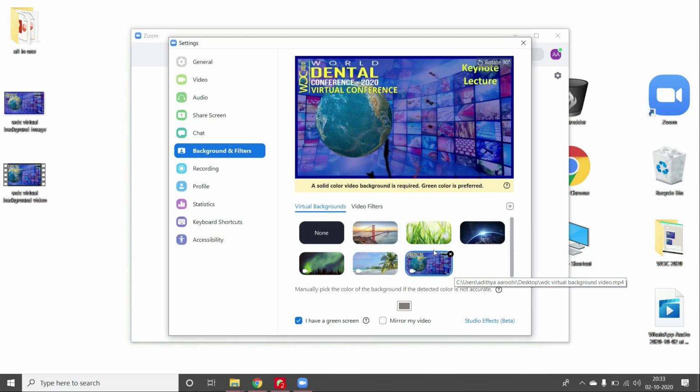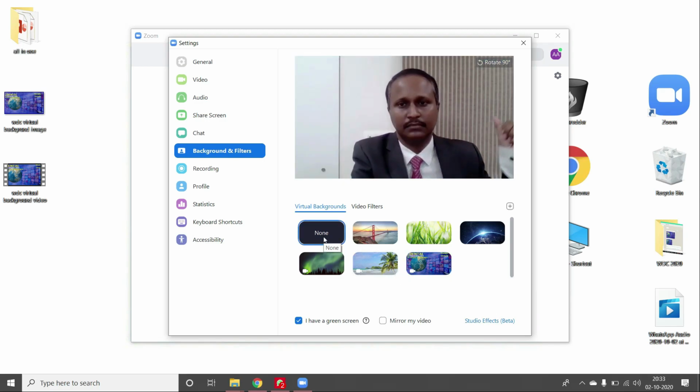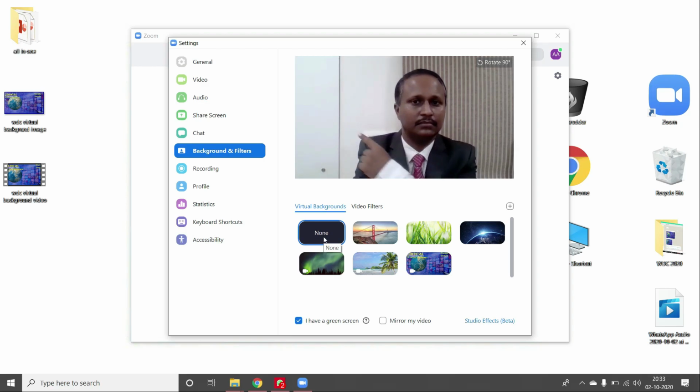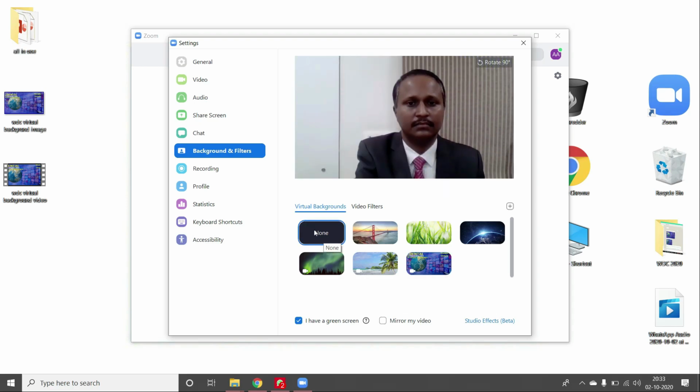Now, to have a clear virtual background image or video, we need a plain single color background or wall without any windows, doors or wardrobes, etc. Click this button and pick the color of the background which you want to change into a virtual background.